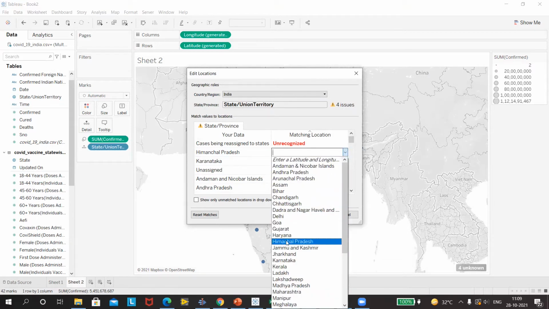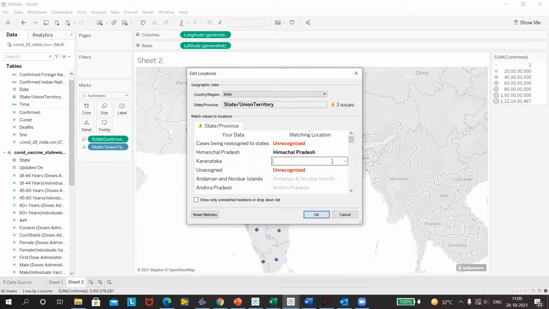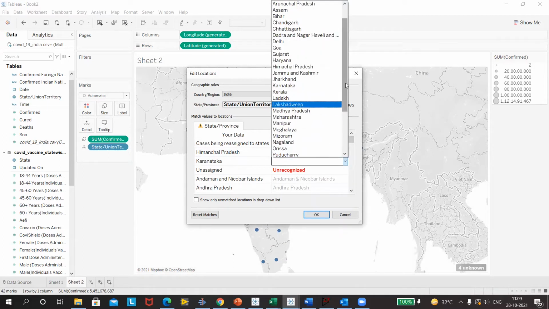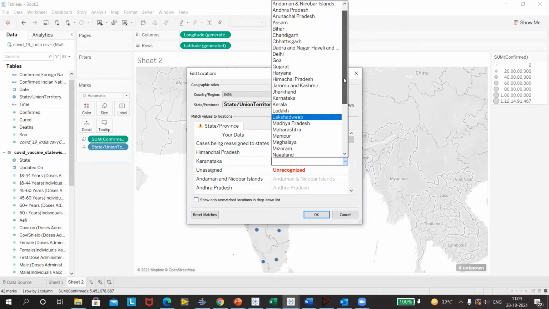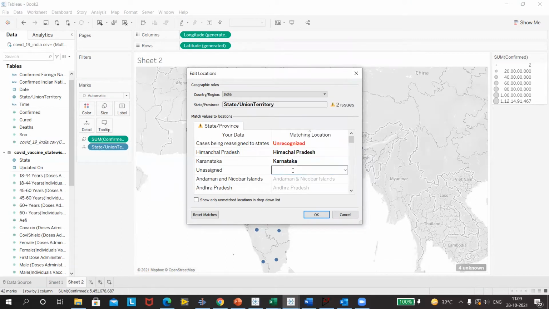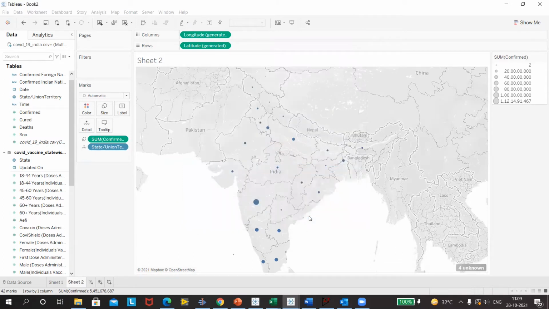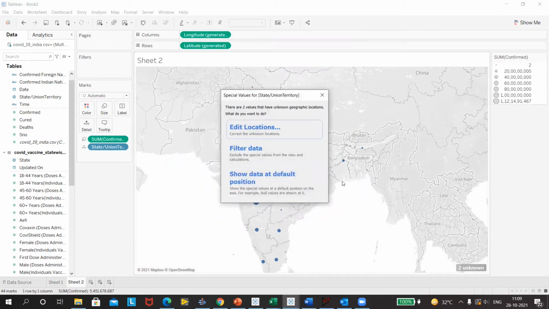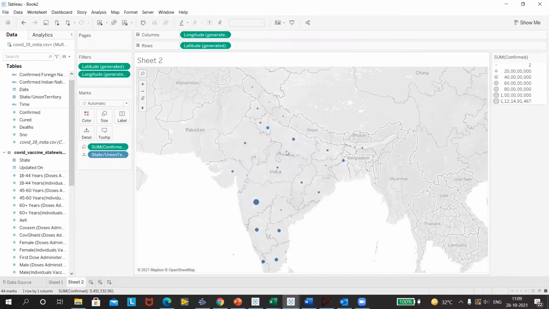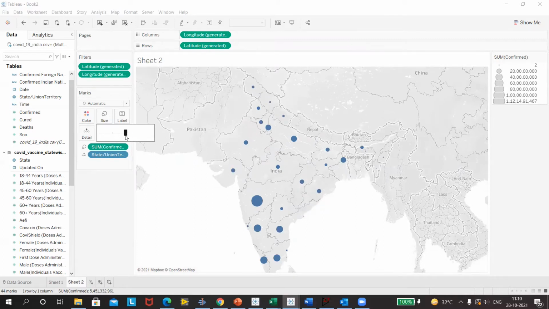I'll just map it to Himachal Pradesh, Karnataka. Again, I'll just Karnataka. Then these two are not assigned, so I'll just say okay, and the remaining two I'll just say filter it. So these nulls are removed, and we can clearly see a big dot in Maharashtra. We can increase the size also to make it more prominent, but this data is to a specific date only,